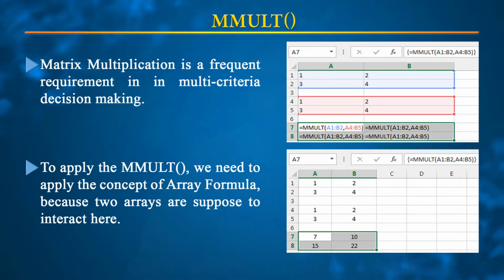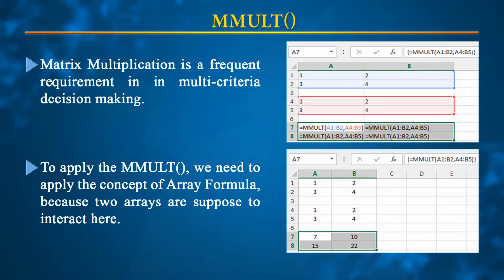So, MMULT requires the implementation of the array formula, which we had discussed in our previous sessions, that it is the formula required when we are supposed to perform a certain operation on a set of data. Thus, the requirement of array formulas will be there in various situations. Likewise, in statistical formulas, we will be exercising the frequency formula, but we will be discussing the frequency formula later on. At this point of time, we will be discussing MMULT.